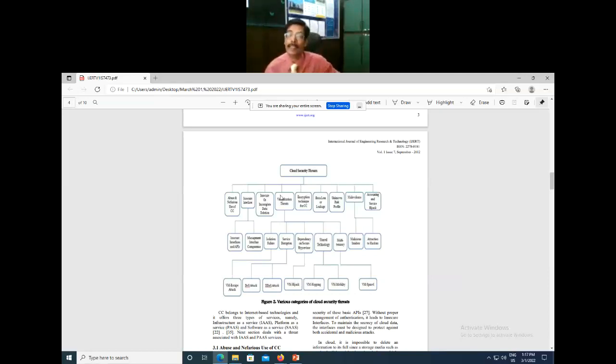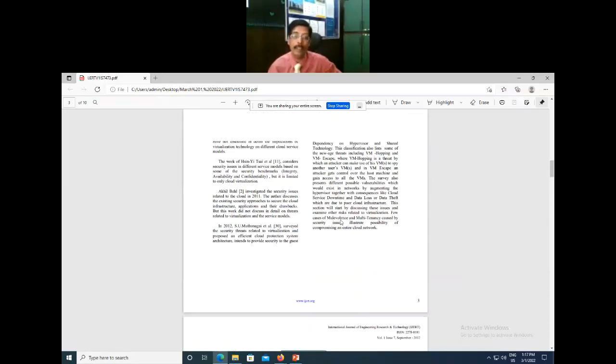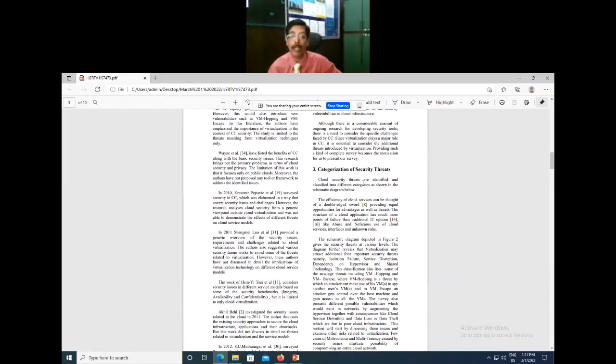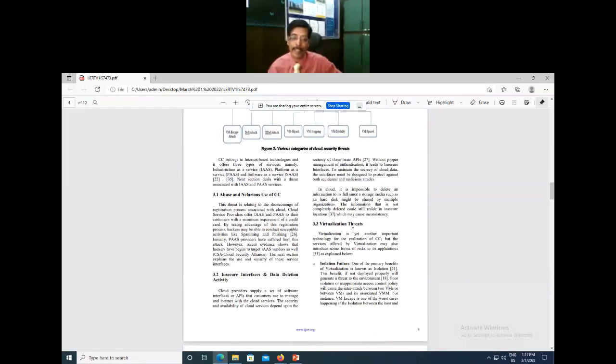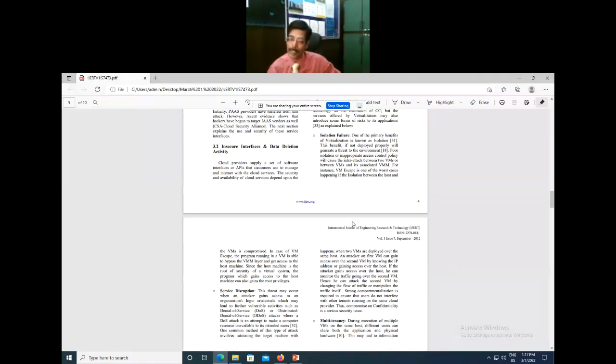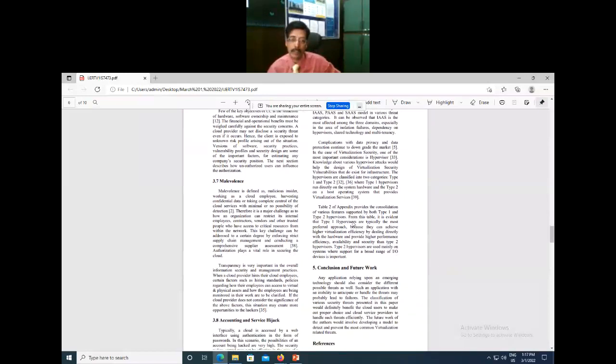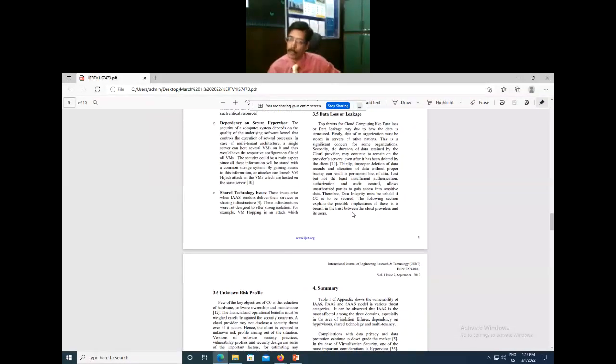He has done it one year before, in 2012. Got the point? In one year itself, there is a massive difference these people have seen from the literature. So obviously, the schematic diagram also will vary. So in the third chapter, there is nothing else. They got the schematic diagram and they have explained it. That's all. They explain each and every leaf out of this. This is the contribution of the survey.